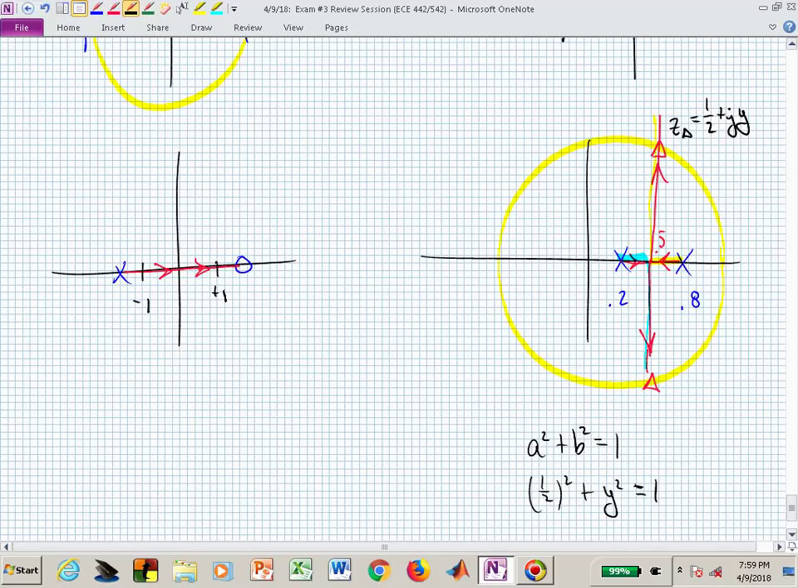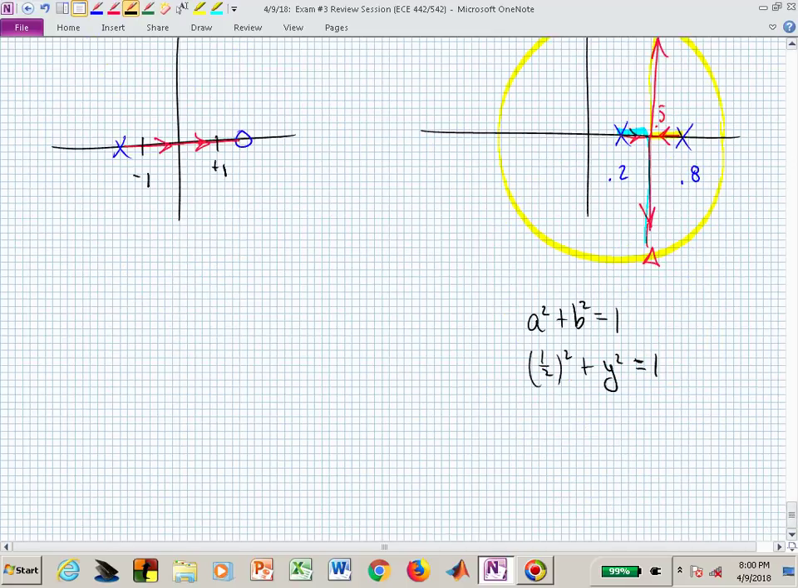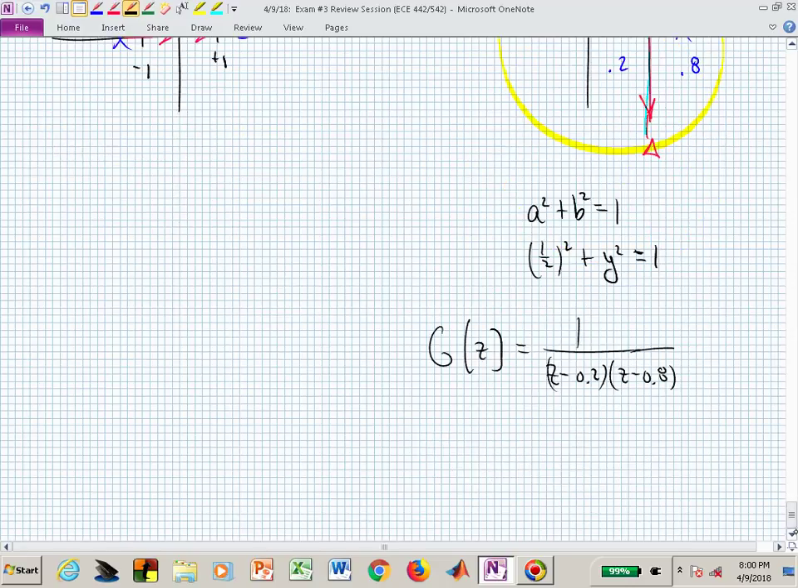And once you have that y, do you know how to find k? We're assuming that the plant didn't have any gain associated with it. It was just 1 over z minus 0.2, z minus 0.8. Is it clear where that came from? Magnitude condition, kG is equal to 1. If I had called that G bar, it would have been kG bar, but I just left it as G. So now I know that k is equal to